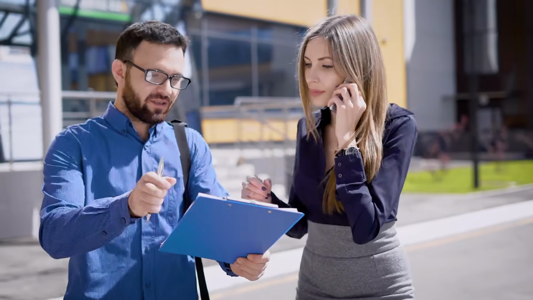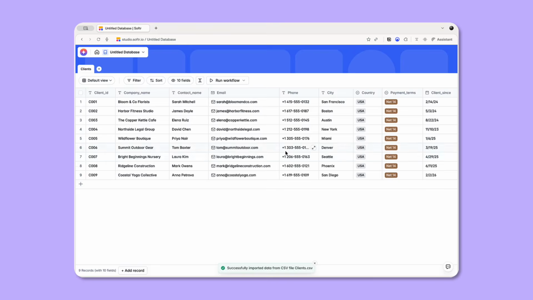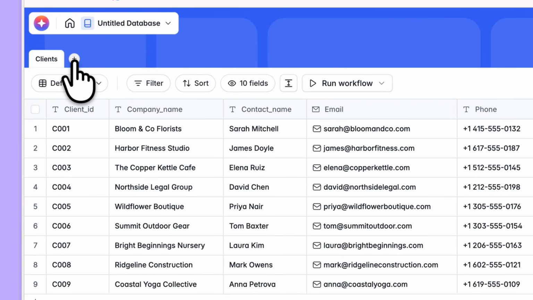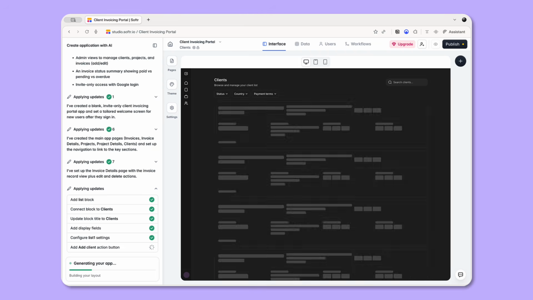Are you tired of chasing clients for your payments, or just want to be able to organize them all in one location? This is a really big time sink for freelancers and agencies. Today, we're going to try and solve it inside of Softr. We're going to build a client invoicing portal within Softr, and we're going to take you step by step through